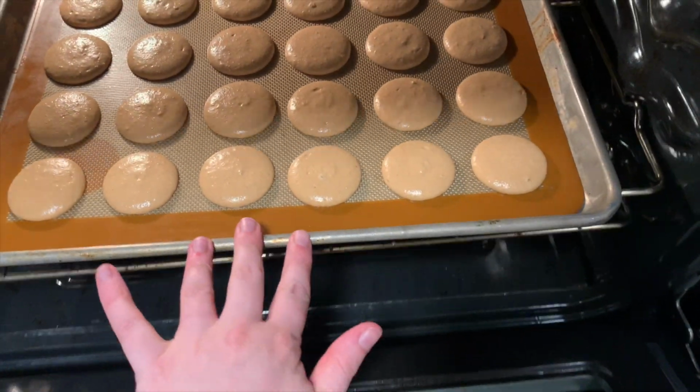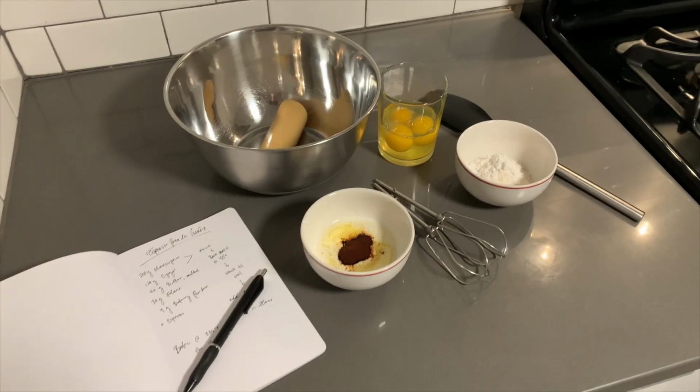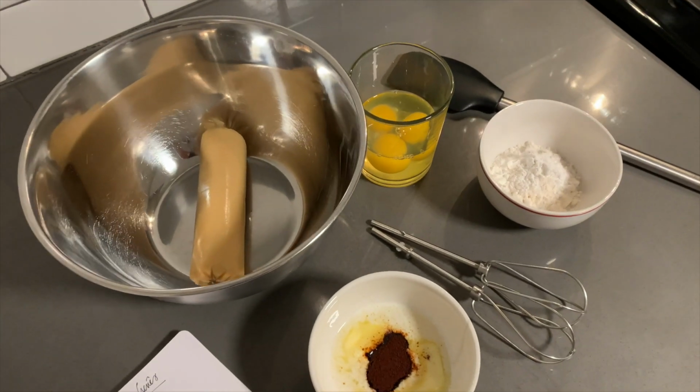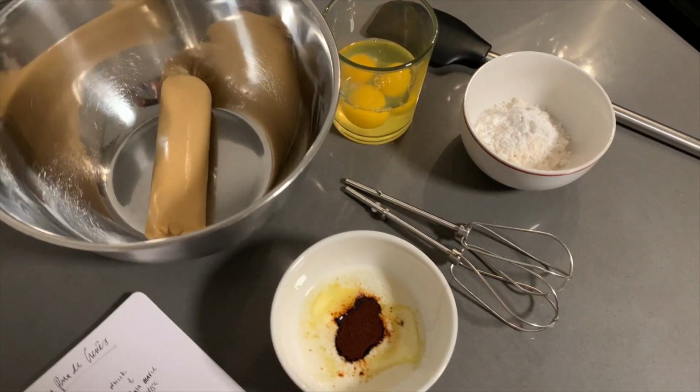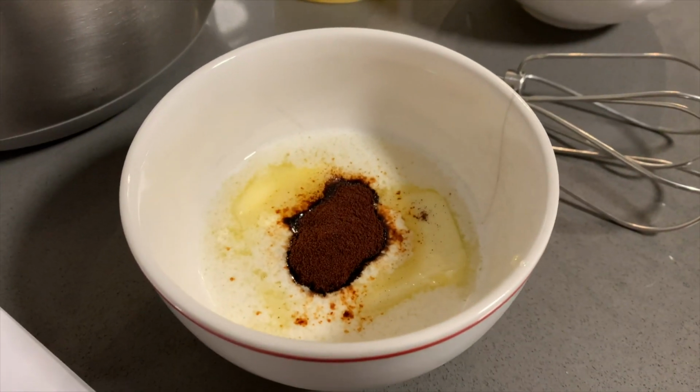I love almond in general, but I especially love marzipan and almond extract. That really intense almond flavor is something I adore. So pain de Gênes is something that I'm quite fond of. Basically, you